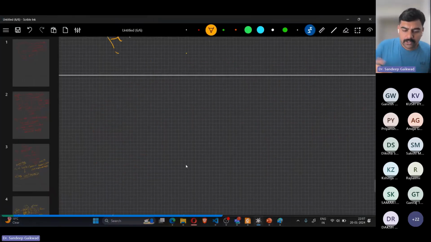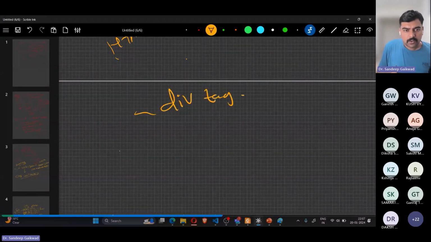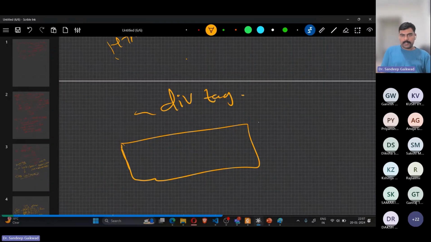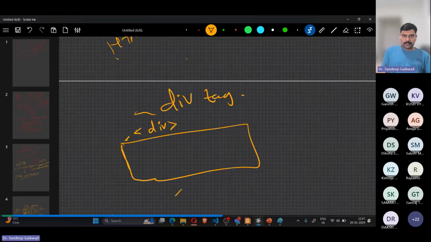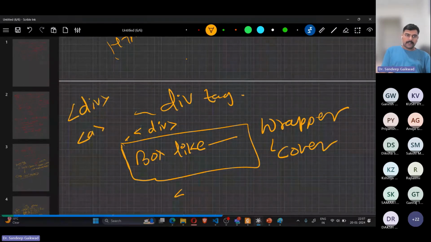So let me give you a quick introduction of div tag. Div tag is used to create a box, and it is very much useful in website or web page development. So this appears due to the div tag. Div tag will not give a box, but it is box-like, or we can say it's a wrapper. Simply, it is a wrapper, or we can also call it a cover. That's it. So whatever you write inside the div tag, it will apply